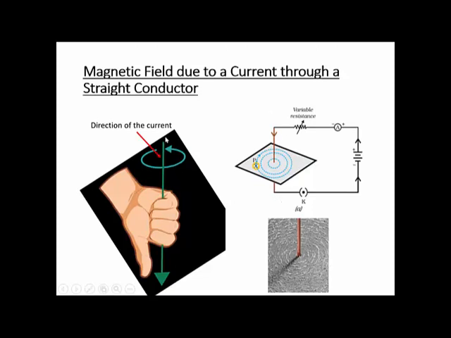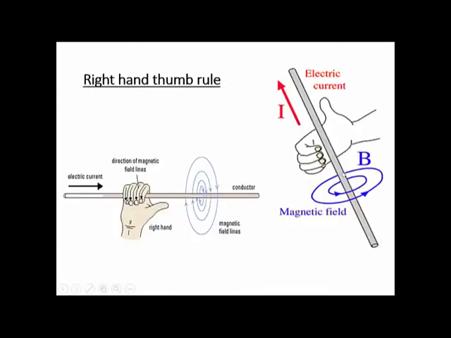Let's say this green arrow is the direction of the current. How is the current going? From top to bottom. Whenever you pass electric current through a conductor, the conductor will start behaving like a magnet. Please hold your right hand as you see the screen. In the direction in which the current is going, hold your thumb in that same direction and roll your fingers. See, he has rolled his fingers, right hand. Now, when you view it from the top, what is the direction?